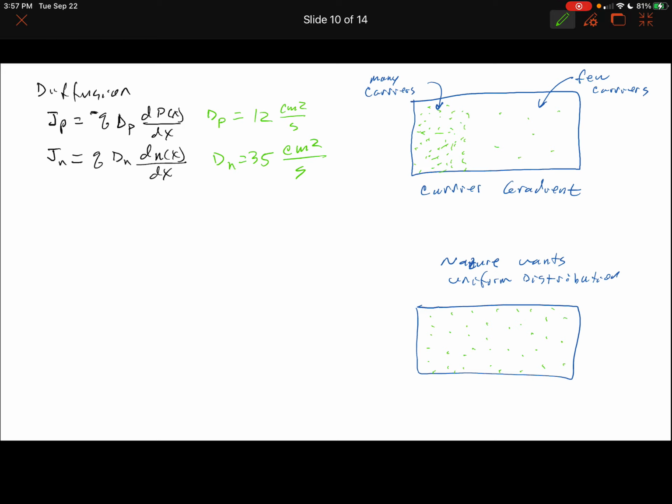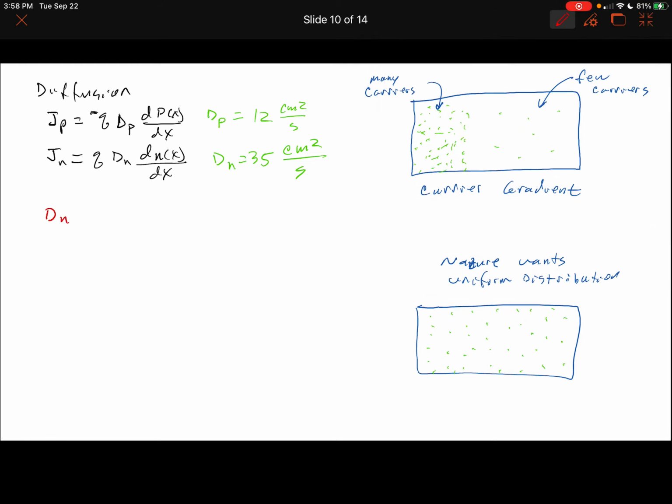Now, actually, drift and diffusion current are connected. If we have a gradient of carriers like this, a lot of electrons here and a few electrons here, or a lot of holes here and a few holes there, that means we'd have a voltage across this material. For instance, if it's electrons, we'd have a negative voltage here compared to here. So we'd have a field across this distance. We have a concentration gradient, and we have a field, and that field will make drift velocity, which will make drift current, and the concentration gradient will make diffusion current, and these two are connected by the Einstein relation,